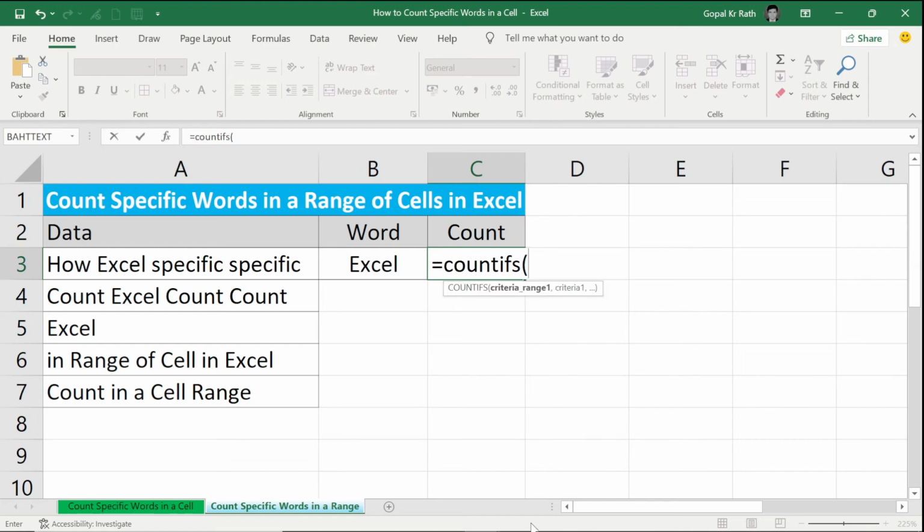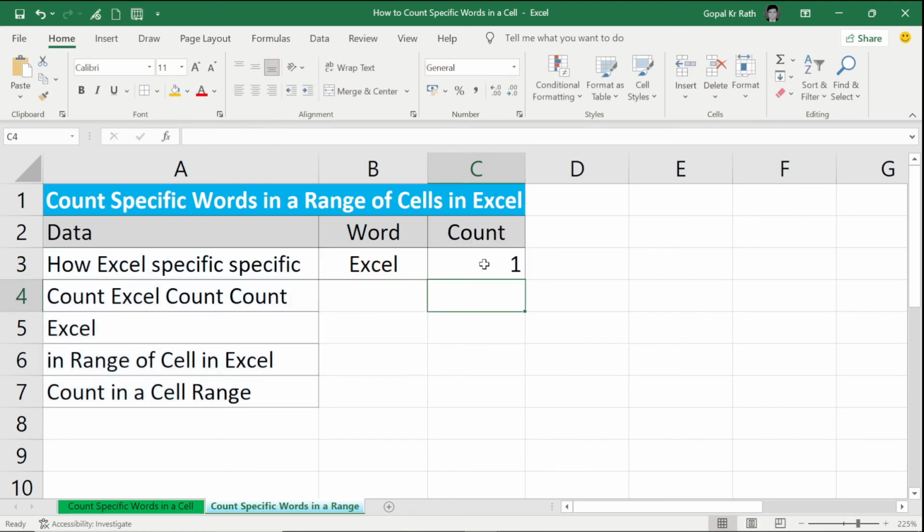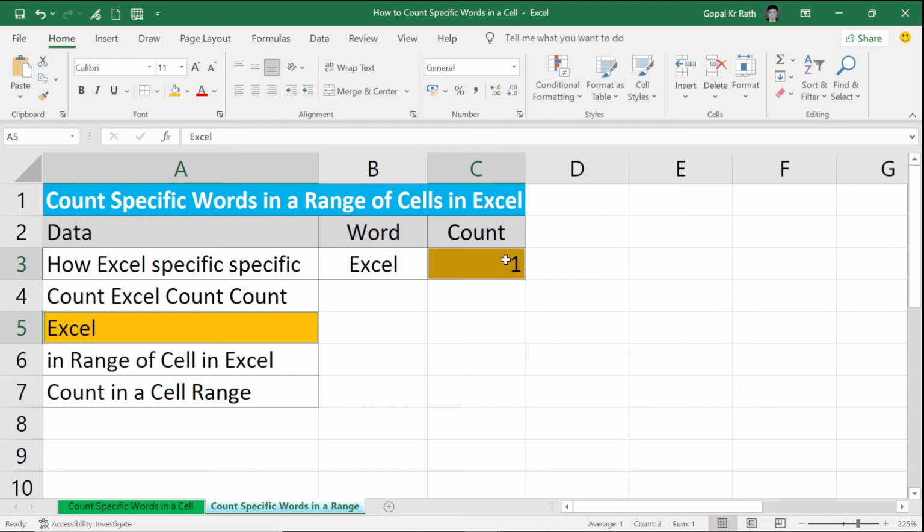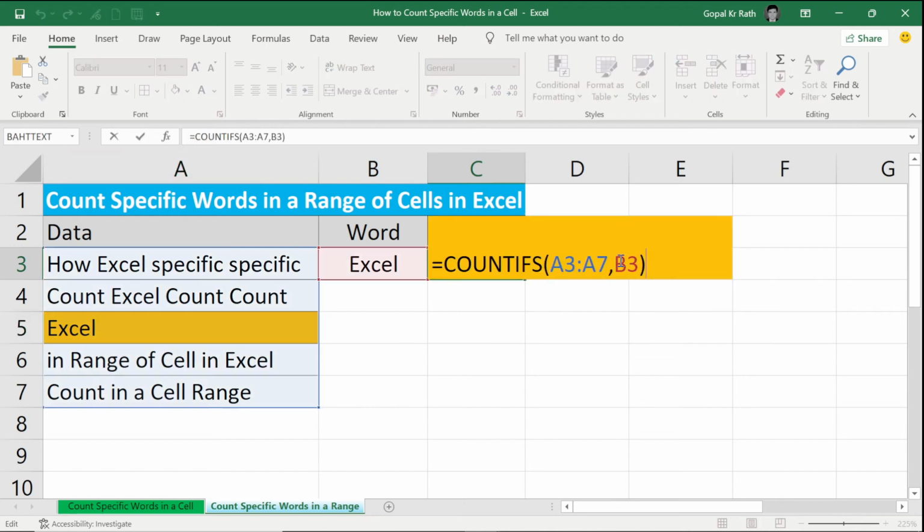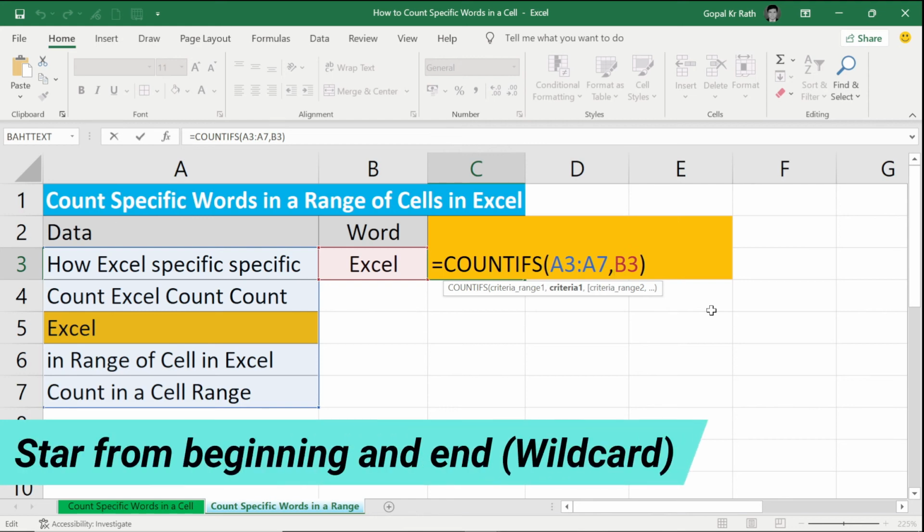Open the bracket. So your COUNTIFS function, first you have your criteria range. So your criteria range is here. Then what is your criteria? This is your criteria, and close the bracket. So here what will happen, it will give one time because it is case sensitive. So in this case what we can do, we can add a star at the beginning and a star at the end.